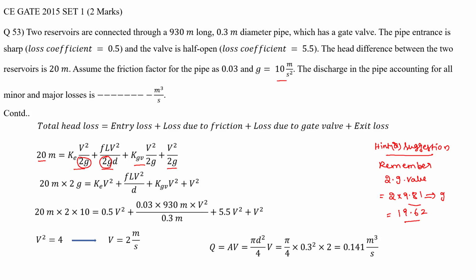So now what we do is bring this 2G to this side: 20 meter into 2G is equal to K into V square plus FLV square by D, plus K into V square plus V square. So you can see how I got this particular equation from the earlier equation. Now we know Ke is 0.5,